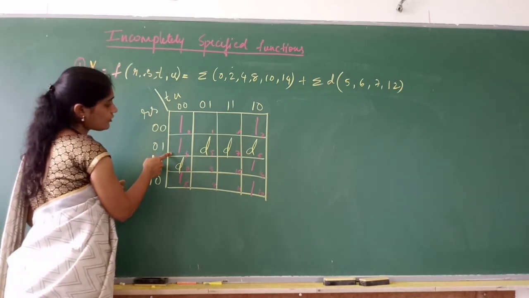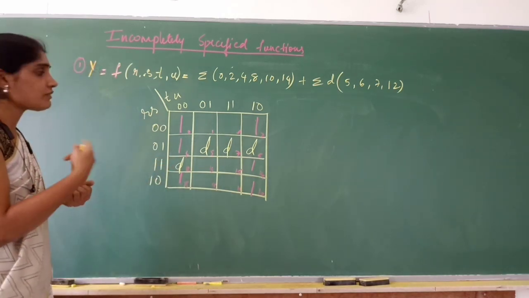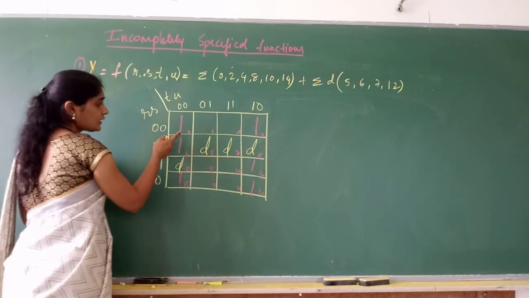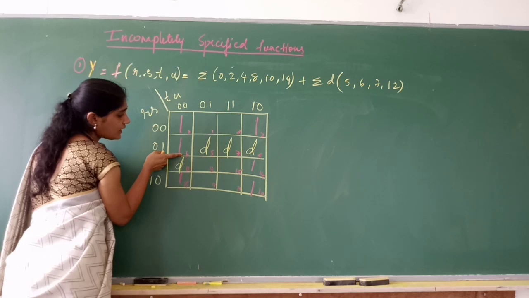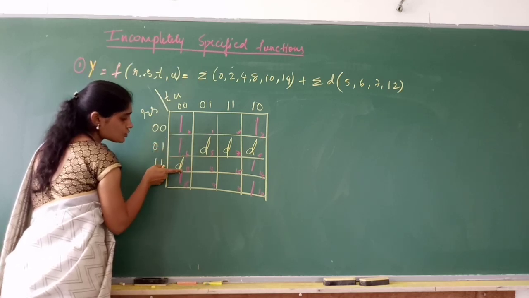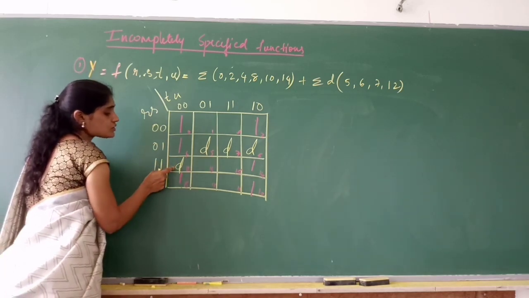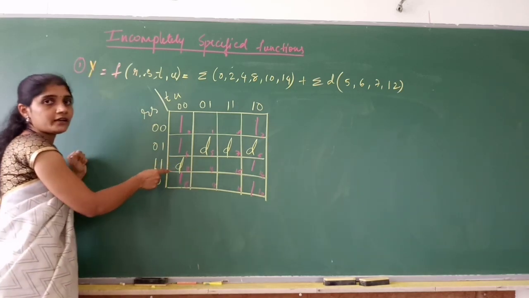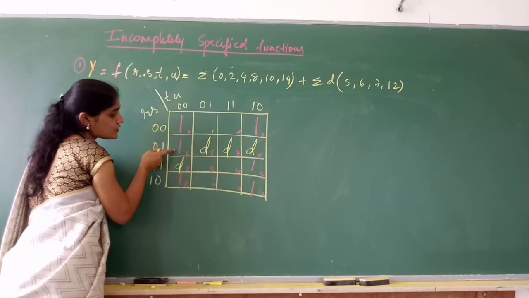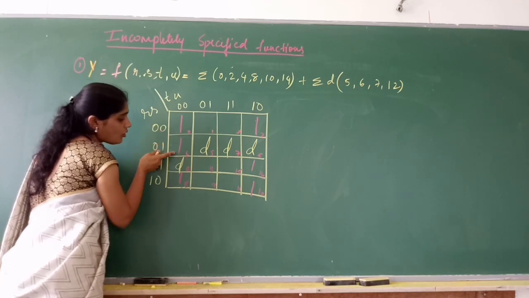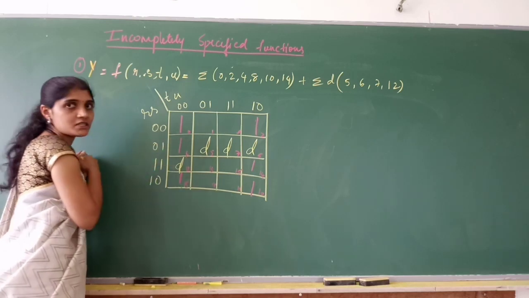Yes, you can group 0 and 4. But don't care term is adjacent to 4. Let's see whether we can make use of don't care term or not. If I make use of don't care term, I can combine 0, 4 with 12, 8. If I take the don't care term as a mean term to make the larger grouping, can I group 0, 4, 12, 8 in a single group? I can combine 4 terms in a single group.